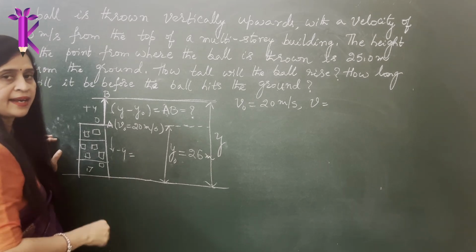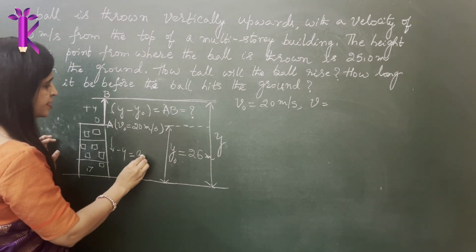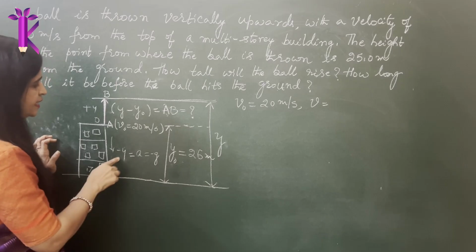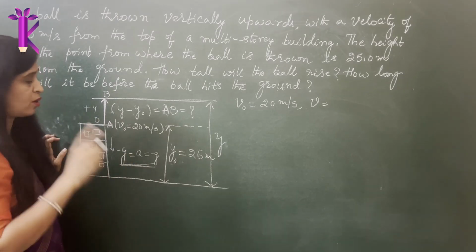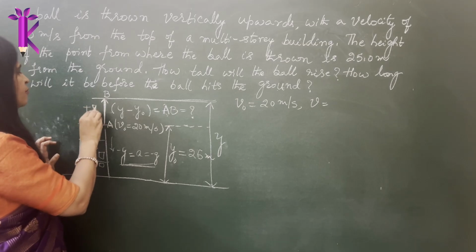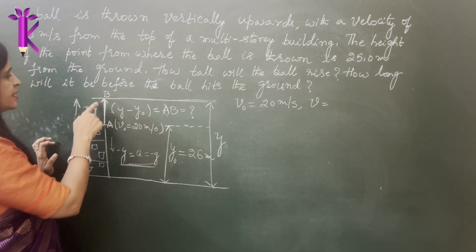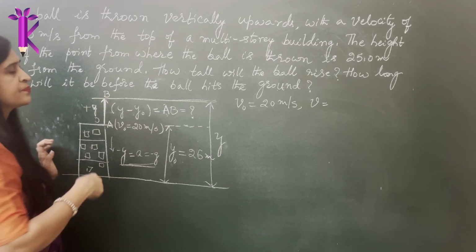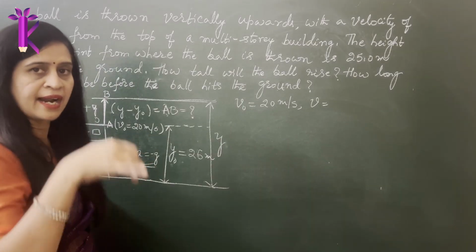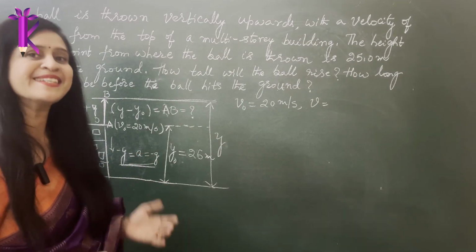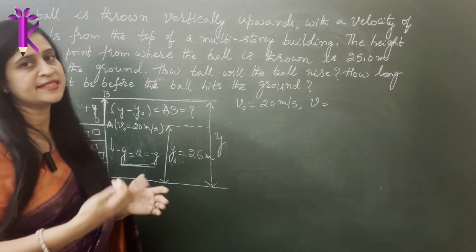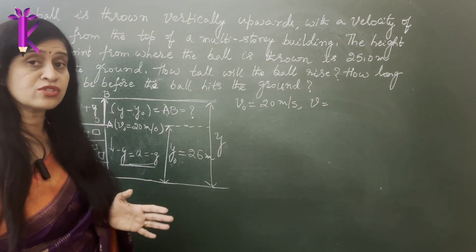In the negative y direction, we always assume the acceleration to be negative just to show that it is moving in the negative y direction. This is just a convention followed. Please always remember, acceleration due to gravity always acts in the downward direction, so it is taken to be minus g. We'll take more numericals from the textbook and also entrance exam numericals, which will clear most of your doubts.